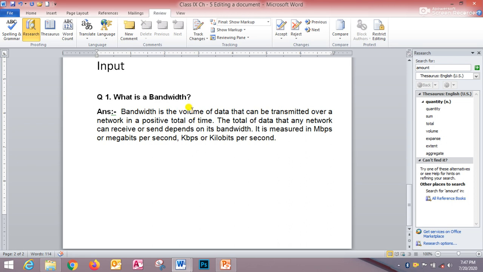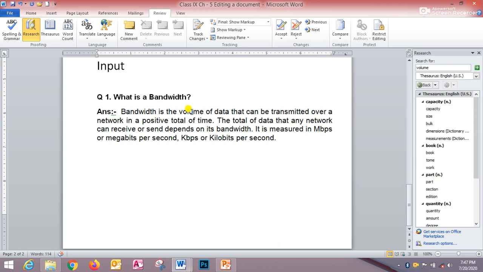Suppose I am pressing the Alt key on the keyboard and clicking on the word volume. After clicking on the word volume, in the Research task pane, the word volume will be displayed in the Search for box, and these are the words related to volume, meaning synonyms and antonyms related to volume, right.